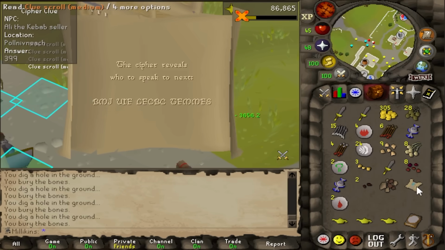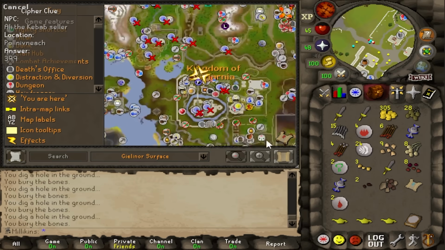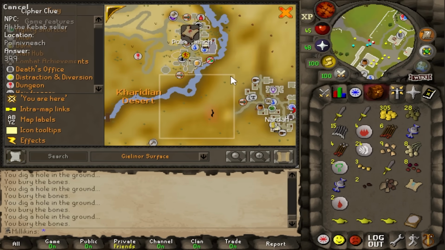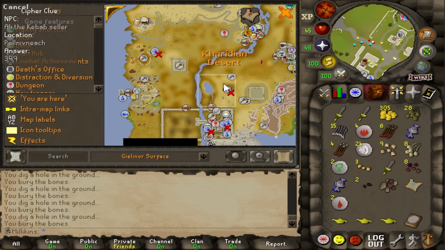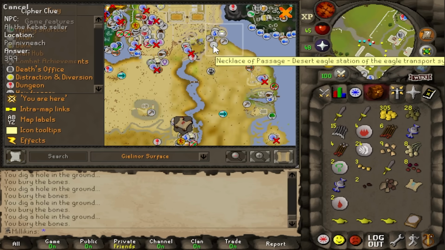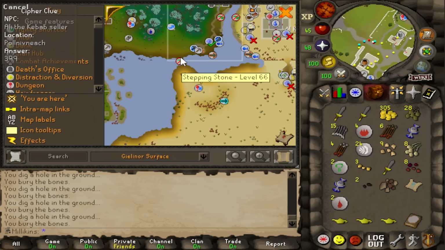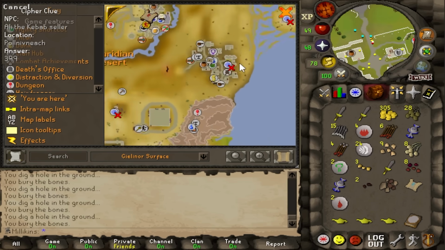Wait a sec, this is bad. Can I even get into the Kharidian Desert? I can't buy a shantay pass. And I need to get in here somehow. There's gotta be a way for me to get in here. I don't have a necklace of passage. Oh no. The only way I could think of getting in the desert with the current restrictions I have